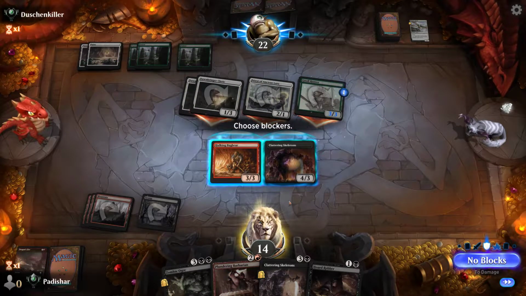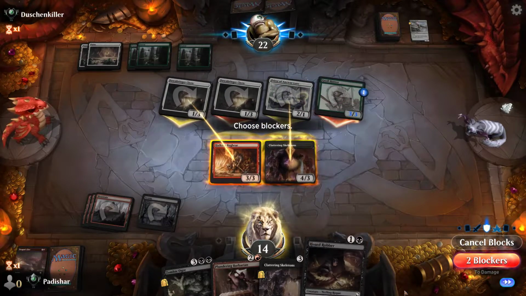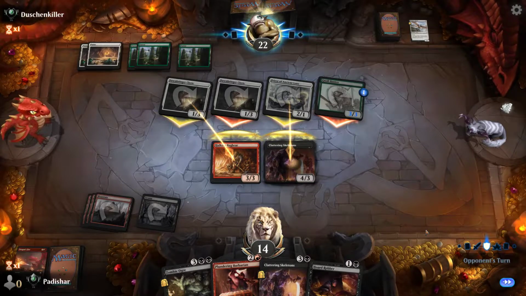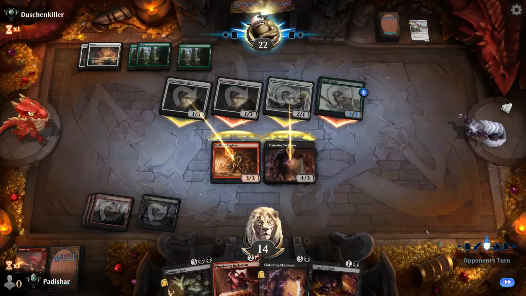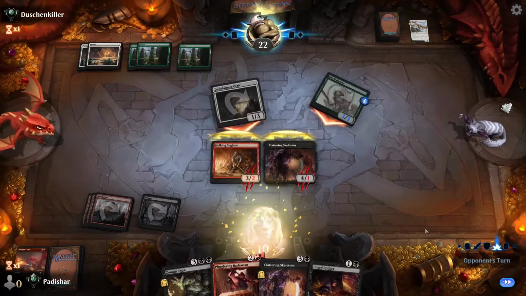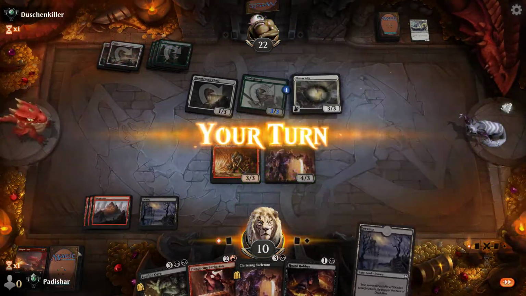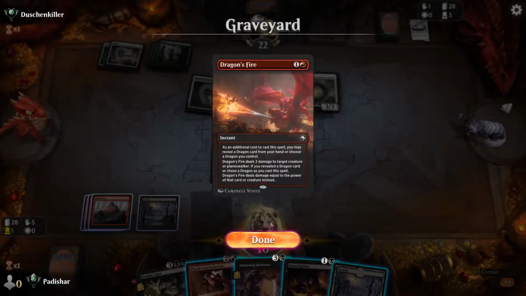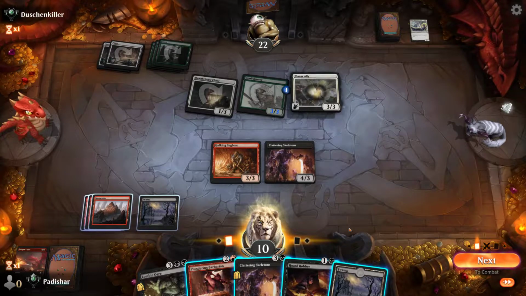So let's see how it goes. I guess like this and like this. See what happens. They can have the white uncommon that gives +2, +0 and first strike to something, and +0 and +2 and lifelink to something else, but they just did that. So I do need now one of my... there are 3 more Dragon's Fires. But at least I did find...